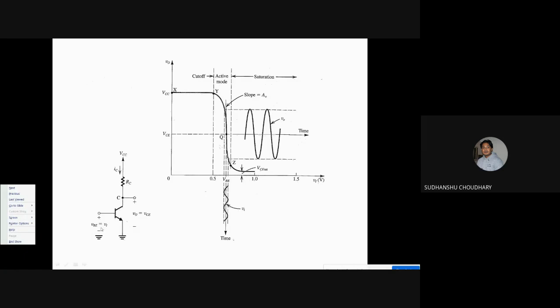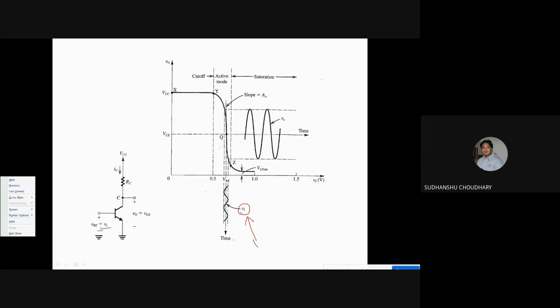A DC battery is connected here and the circuit is biased, and now this circuit can operate if I apply a small signal input, that is VI, small v small i. Here it is capital V capital I, so that means it's a DC bias for biasing this circuit. Now in this biased circuit, one can apply a small signal input voltage, that is, superimpose this small signal input voltage on this DC supply.